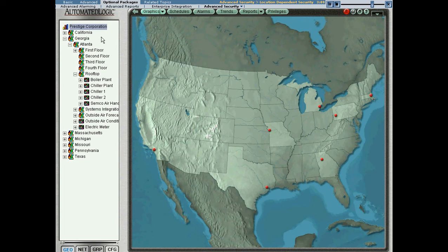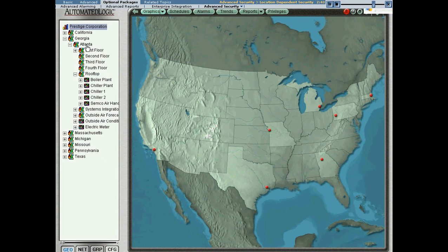Let's say that I'm managing the accounts for the Prestige Corporation, and the Atlanta guy tells me, listen, we just hired a chiller mechanic, his name's John Galt, and he's great with chillers, boilers, that type of thing. I want him to have complete access to my rooftop. However, he's new to controls and doesn't have any web control experience. We've showed him a little bit. So I would like him to be able to do things like edit set points, schedules, and look at alarms